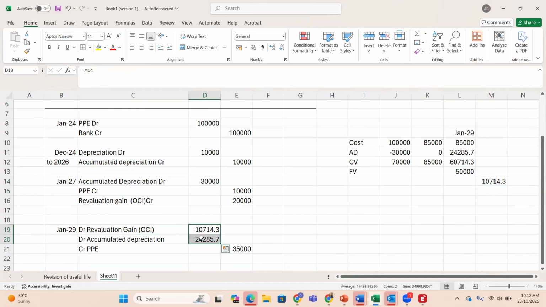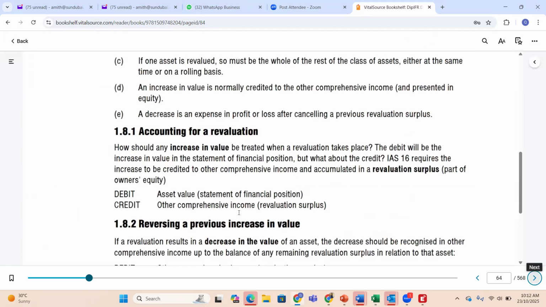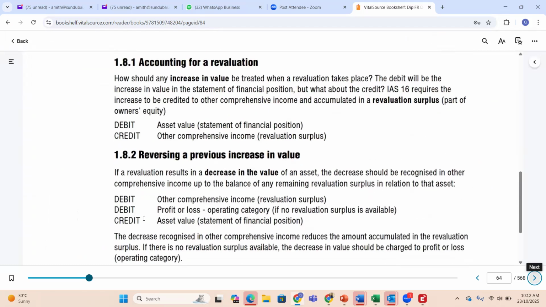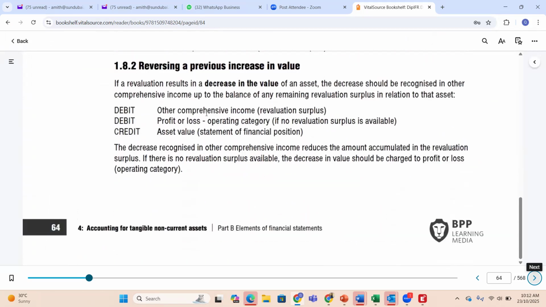Okay. So subsequent revaluation loss, first set off the thing which is not required at all, then come back and go. Okay. So debit other comprehensive income, debit profit and loss if no revaluation surplus is available, and then asset purchase. Okay. See, even the books don't show that true value thing. By reading this, you would just credit PPE. Don't do that. Do this. Examiner will actually kind of like